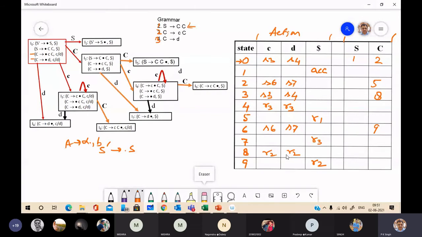This is the LR1 parsing table. Now let's see how we will do the parsing with this grammar.